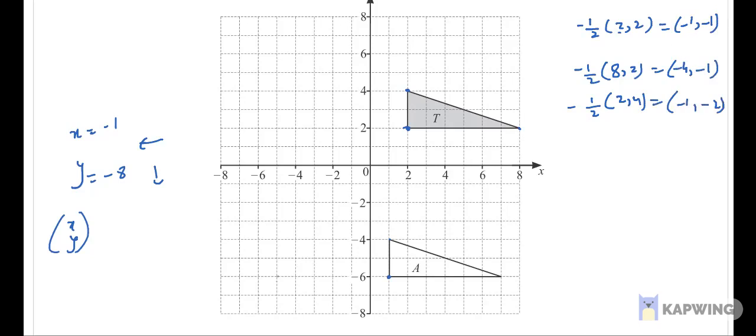So (-1, -1). This is the new coordinate. (-4, -1). Okay. (-1, -2). So join these coordinates. That will become